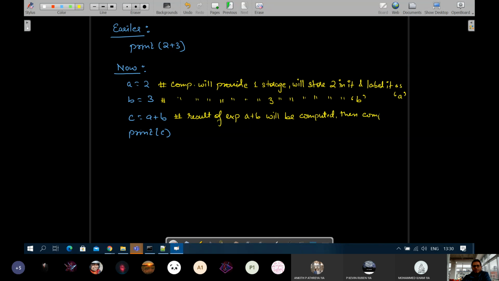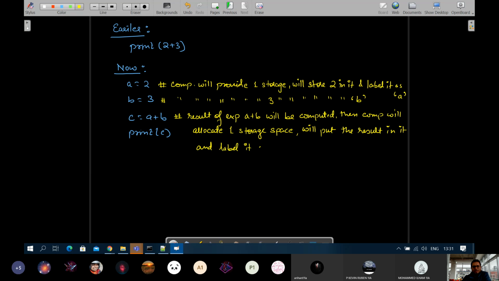Then computer will allocate one storage space, will put the result in it and label it as C. Okay.